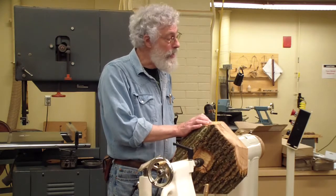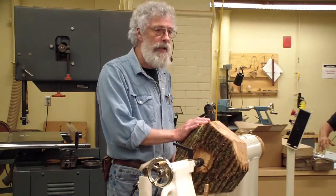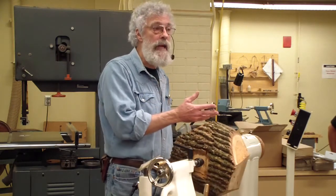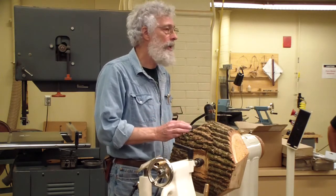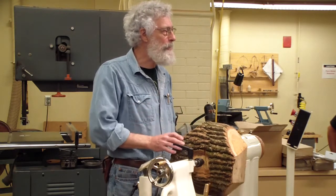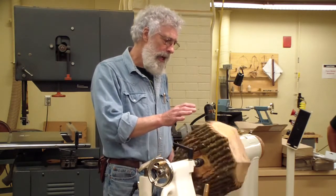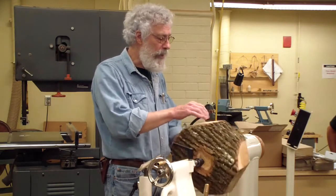And so it's also a grainy wood, like oaks would be. And so the nice, wonderful, luscious, smooth surface that I could get on a maple or a birch, for instance, will be more like textured sandpaper on the ash. And then, of course, when you take your sandpaper to it, it all equals out into a nice piece at the end. So I have simply cut the log in half, obviously, trimmed the four corners off with the chainsaw